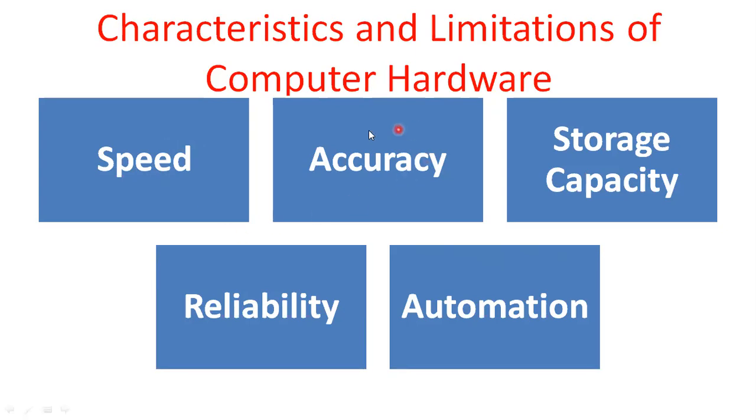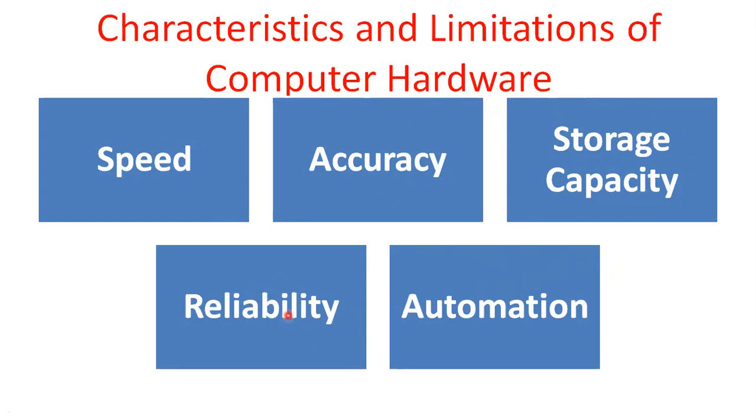And then accuracy, compared to the other system, comparison is there. Storage capability: each and every computer has the storage capability to store the data, and different storage instructions are there. That means primary storage devices and secondary storage devices. On the primary or secondary storage devices, it will store the data. Reliable, the believable. The computer is believable.